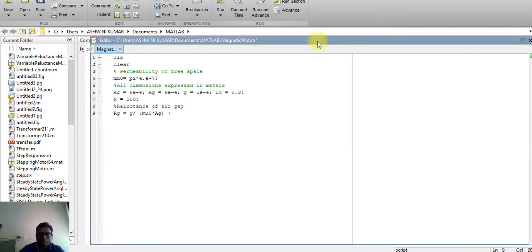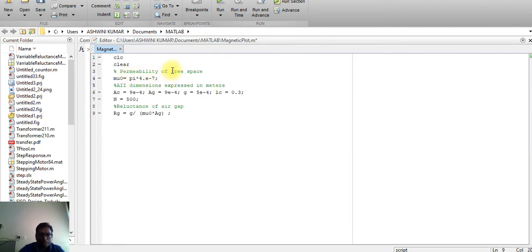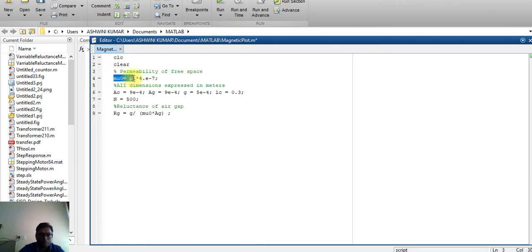This is the permeability of free space, mu naught equals 4 pi e to the power minus 7, and all dimensions are expressed in meters. This is the dimension of the air gap, this is the core, this is G, this is L, and this is the number of turns. The reluctance of the air gap is Rg equals G divided by this much,